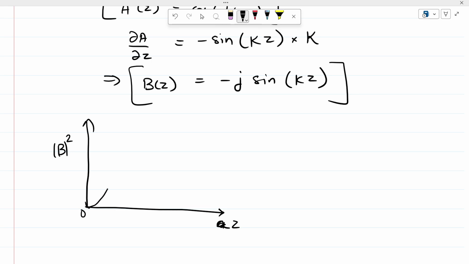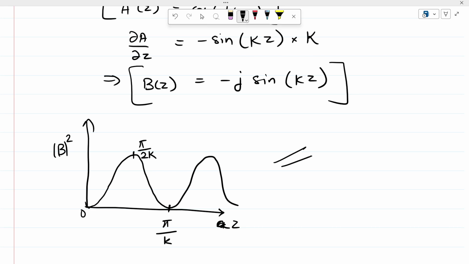Then it increases gradually, saturates to some value, comes down and keeps varying sinusoidally. This will be at Z equal to π/κ, and this will be at π/2κ. So you see, the electric field intensity keeps switching between the two waveguides. It will keep going back and forth between the two waveguides,